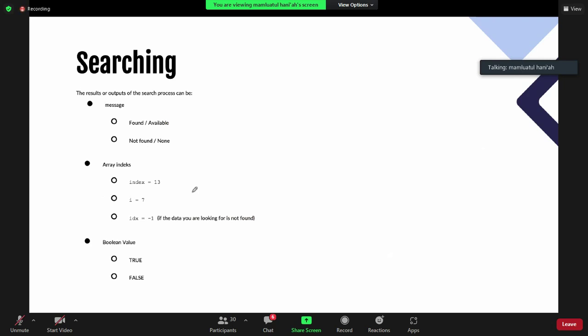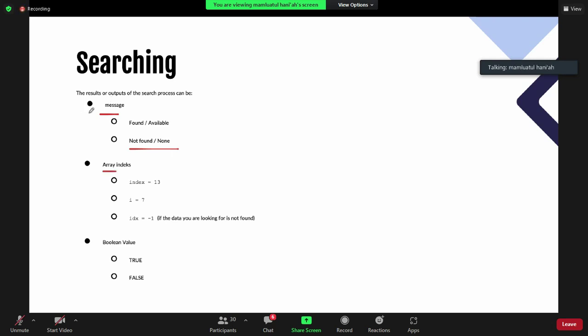The result or the output from such a problem can be just a message that you found your data, or your data is available, or your key is found, or your key is not found or none in your data.